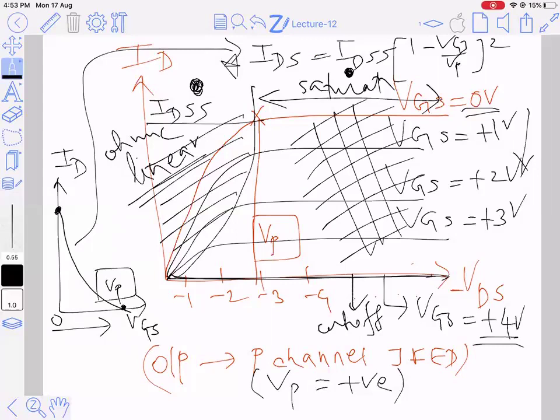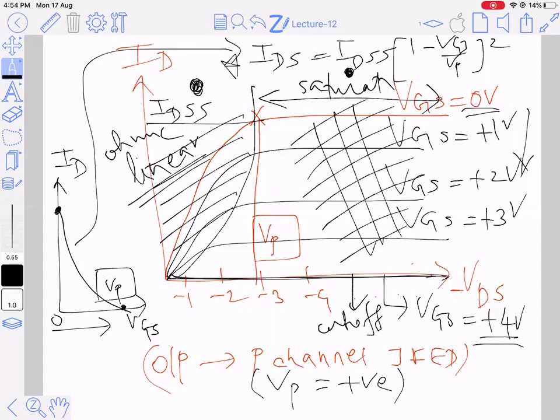So in today's lecture, we have also seen the working of the P channel, and on the same ground, hardly did it take us any time. You can draw the input and output characteristics of P channel JFET, and Shockley's equation remains the same. The important thing to note is that the value of VGS and pinch off voltage is negative for N channel JFET, while it is positive for P channel JFET. VDS is positive for N channel and VDS is negative for P channel. These things you need to know.